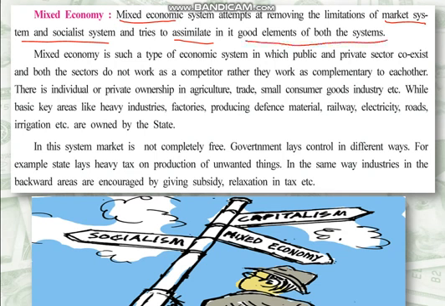What it has done is taken good things from both the systems and mixed them together, and a new system has come out of it, and that is known as the mixed economic system. Now you can call the mixed economic system a hybrid system also. You might have heard this word in your science class. Hybrid seeds, right? Hybrid seeds are such kind of seeds where good things of two or more kinds of seeds are taken, collected together, and a new species of seed is made out of it.